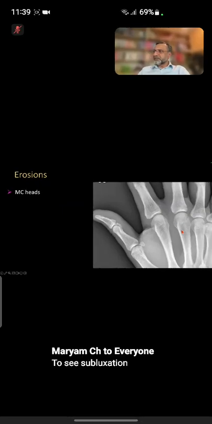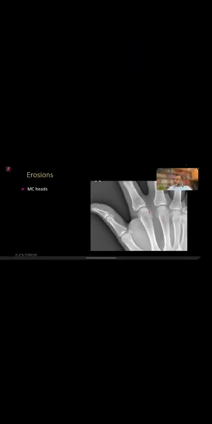Okay, where would you like to see the erosion? This is the metacarpal head. Do you want to see it on this side or the lateral side? Very good. So absolutely. Because ulnar side flattening, or sometimes there's irregularity on the ulnar side of the metacarpal head, and that can